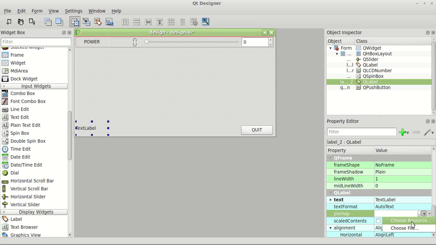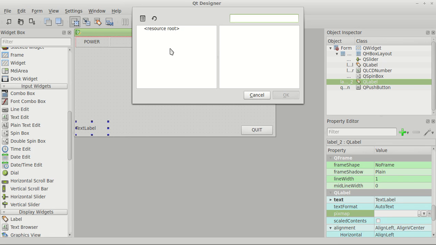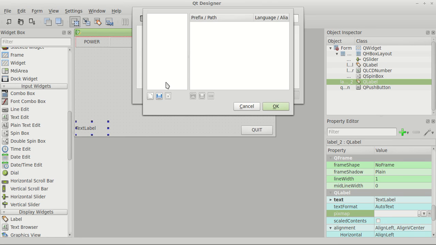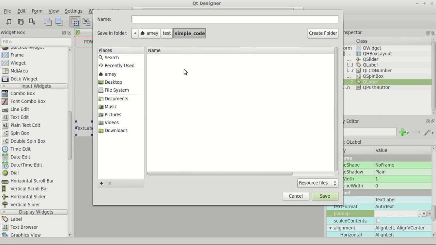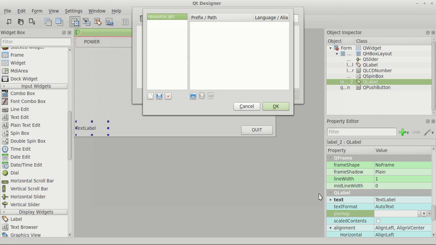So just click on choose resource, and right now we don't have any resource file, so we will edit resources and new resource file. Let's name it resource. It is a resource file, and save it. So now you want to add the image in the resource file. So add prefixes,